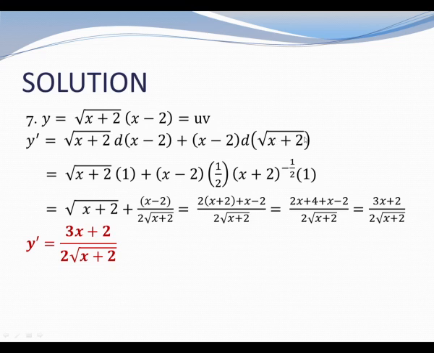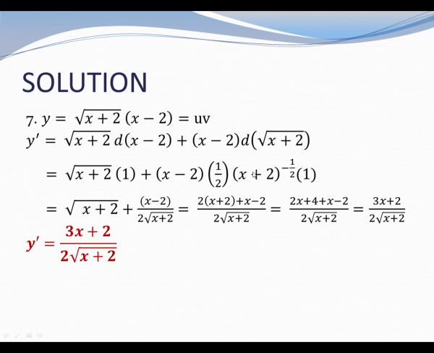Square root means raised to 1/2, so bring down 1/2. And then the quantity x plus 2, from the exponent 1/2 minus 1, so this is now negative 1/2, and then multiplied by the derivative of the quantity again, which is equal to 1, because the derivative of x is 1. And then simplifying, we have it here, multiplied by 1, so this is still square root of x plus 2, and then the quantity x minus 2